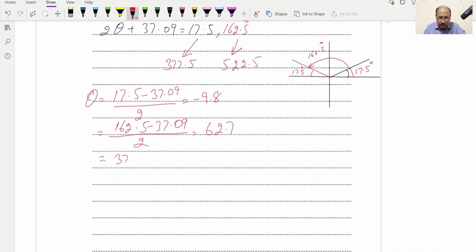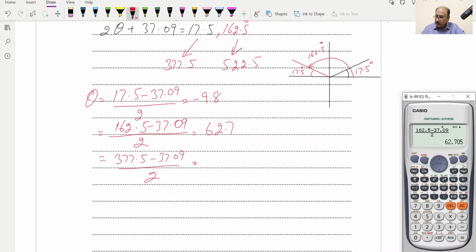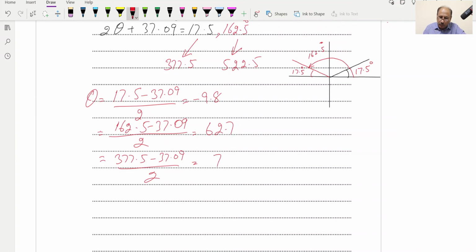So 377.5 minus 37.09 divided by 2, and this angle we can replace over here. This will be 377.5, and this is resulting to 170.2. So 170.2, and the fourth angle, which is